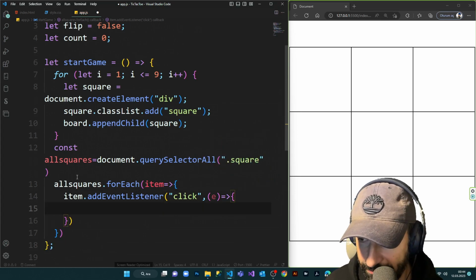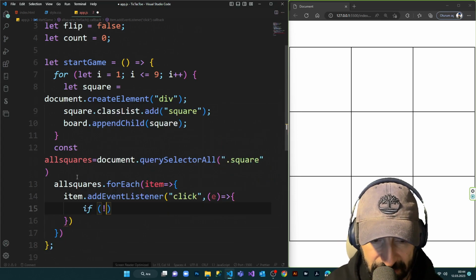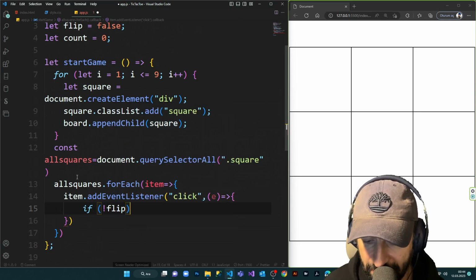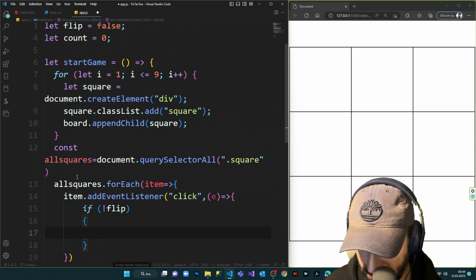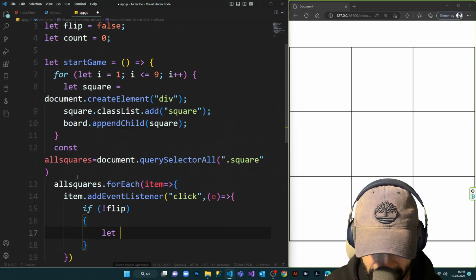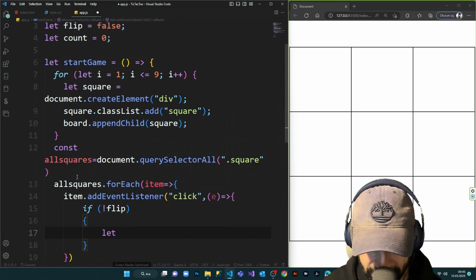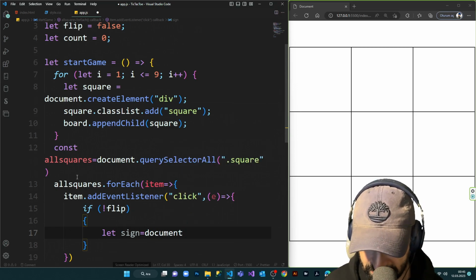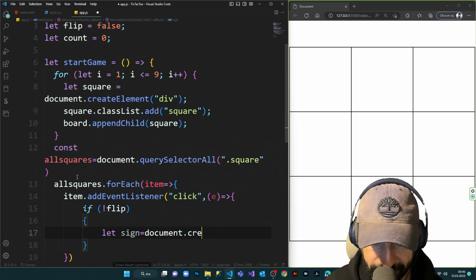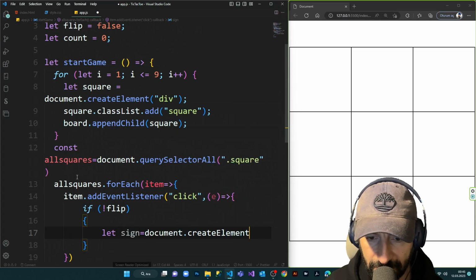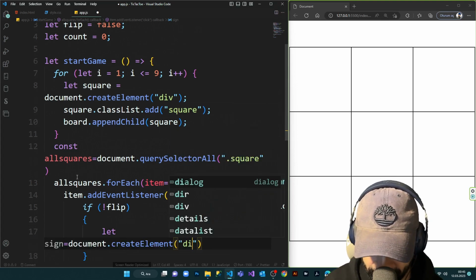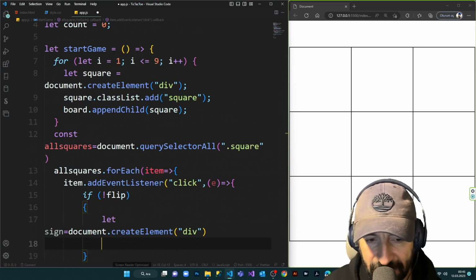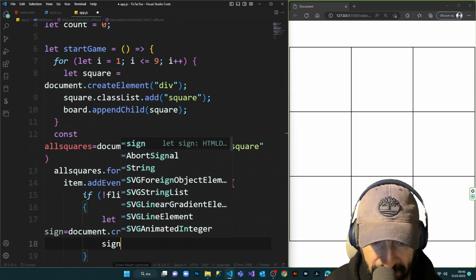and now we're starting. I'm gonna say if it's not flip, if our flip is in false boolean value, then do the following. I'm gonna create a div element with name sign. I'm gonna say document dot create element. I want the div, and for that div I'm gonna give the class of cross. I'm saying sign